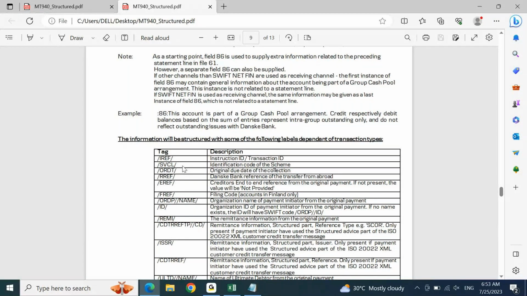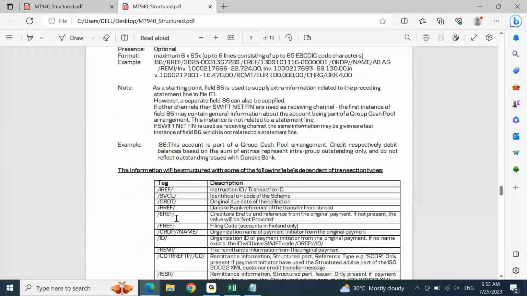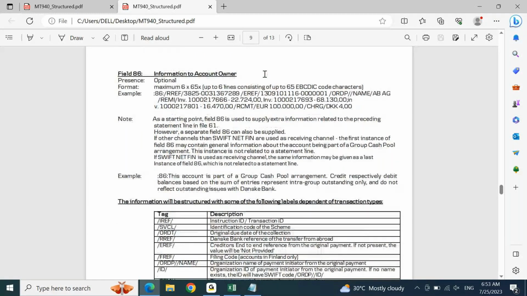If your tag number 86 is not segregated by these transaction types, then it is called unstructured format. Majoritarily, we will be using unstructured formats, not the structured one. Unstructured will be majoritarily used, because if you use the structured one, you will not be able to use more length or more detailed description in the note to payee, because note to payee has a character limitation. You've got certain characters which you cannot exceed. If you are using all these predefined categories or codes like RMCT and all, you are unnecessarily wasting the space